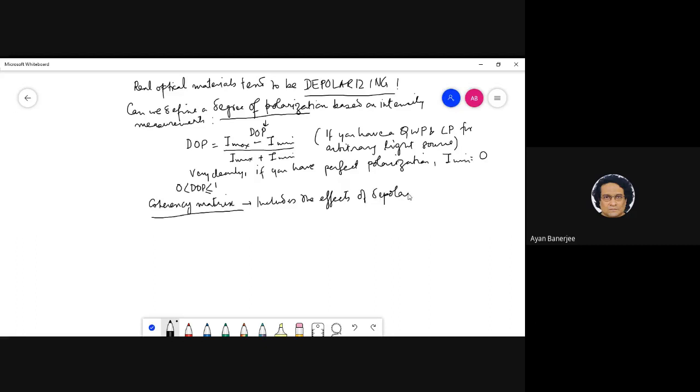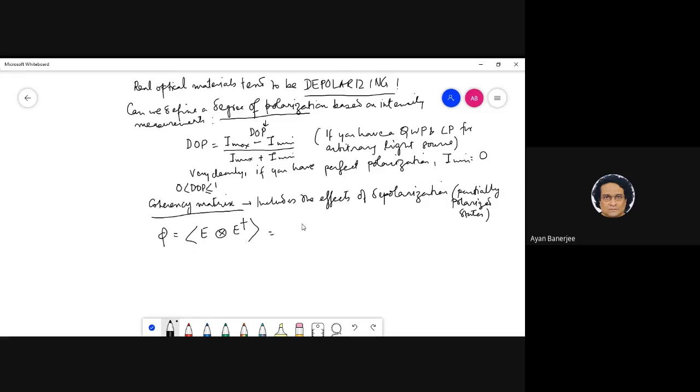Very, very important. And how do you define a coherency matrix? It is the depiction of polarization, essentially partially polarized states. Okay. And you define the coherency matrix as phi. This is always how it is written. Essentially, it is just the Jones vector tensor product with the transpose of a Jones vector.